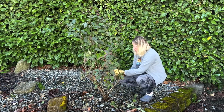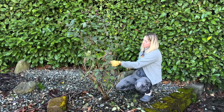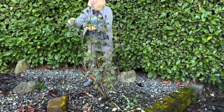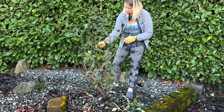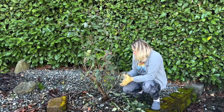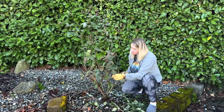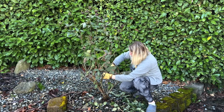One rose tip that I was given is that I need to strip off all the leaves, all the growth from the previous year before I do any trimming, pruning, because it helps you see the bones of the plant more. Also, the juices and all that stuff to the plant aren't going out to those inactive leaves. And I found it to be really helpful in really being able to see. So I know that I did not do that last year, and I'm excited to see if it makes a difference in the amount of blooms that I'm able to get and just the overall health of this plant,